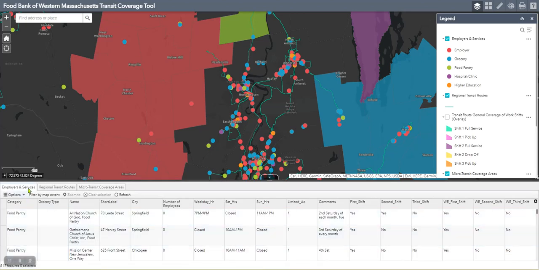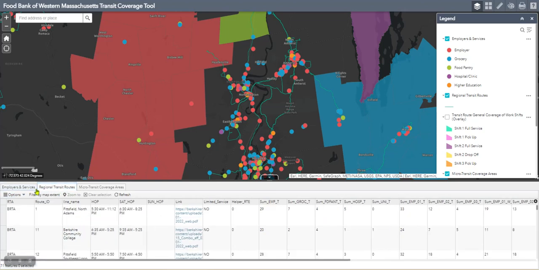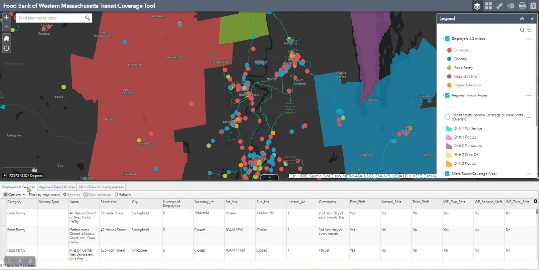From here, we can select the data layers that we are interested in applying filters to, which will be the regional transit routes and employers and services. We'll start with employers and services. To apply our filters, we click on the Options tab in the top left-hand corner of the Data Tables tab. From here, we select Filter,